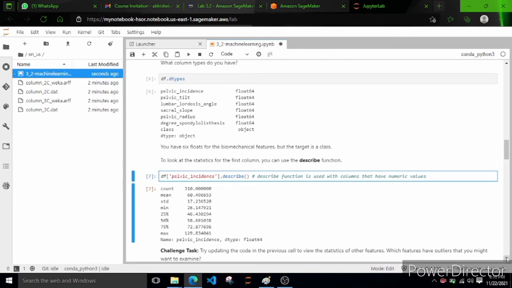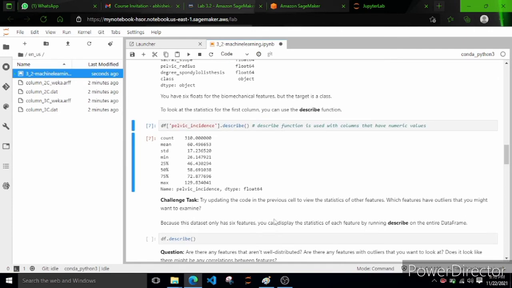Now see here, there is a challenge task: try updating the code in the previous cell to view the statistics of other features. So to see the statistics of every numerical column, we simply write the variable name, that is df.describe.